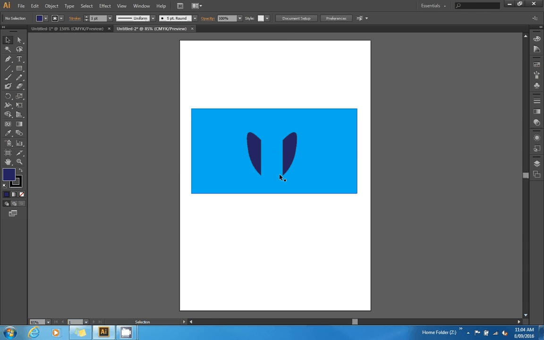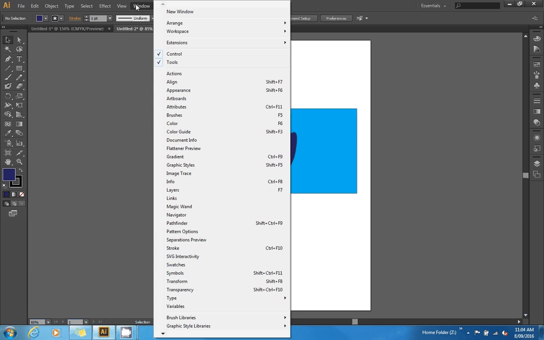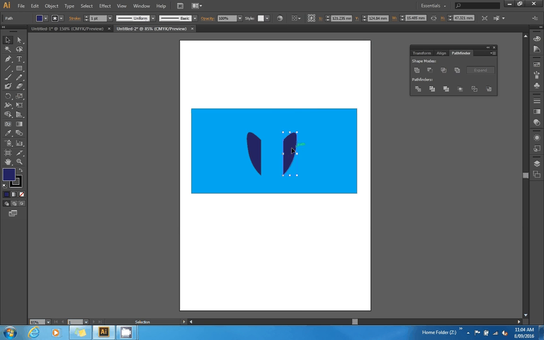you can do really cool things like cutting out shapes. So what you need to do for that is go to Window, Pathfinder, pick. So hold the shift key and pick what you want to work with, and then you can select different things like unite, minus, trim, divide. So if I click on divide, now when I drag that out,